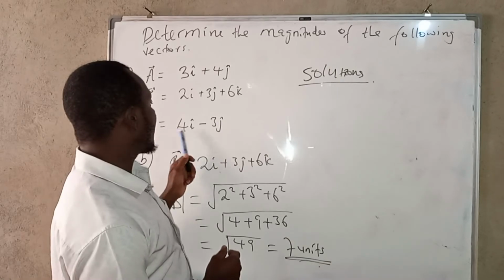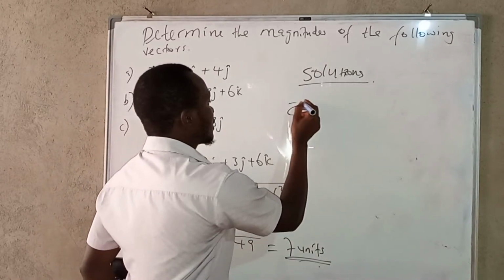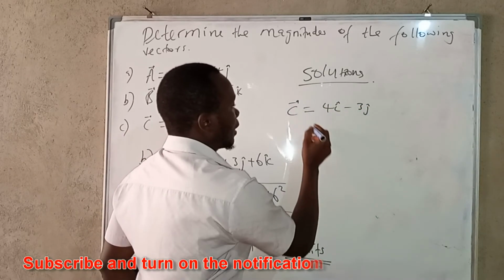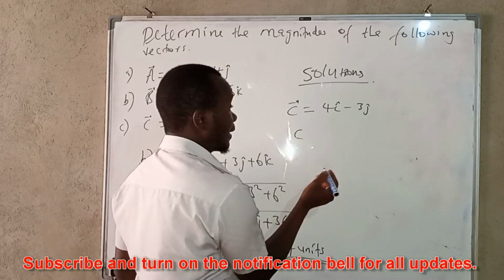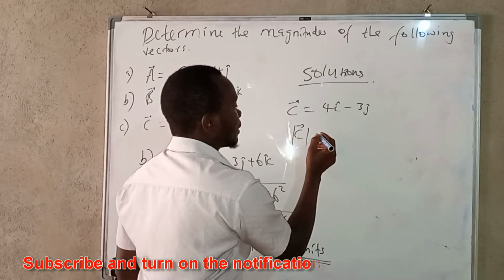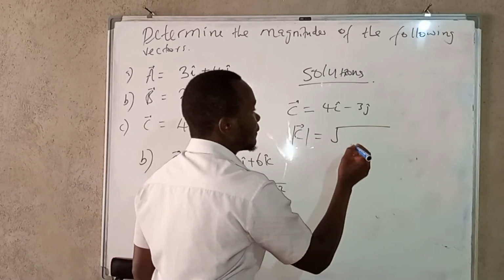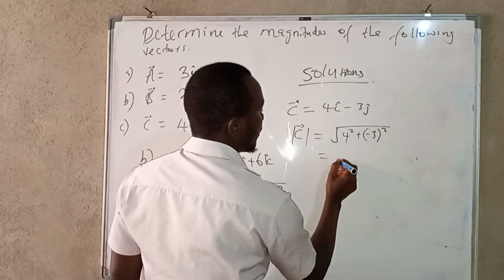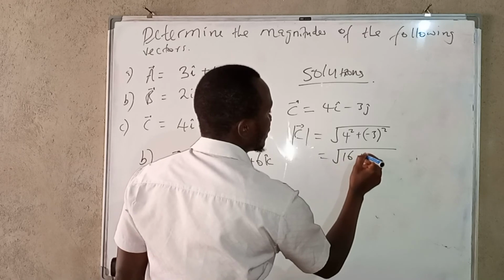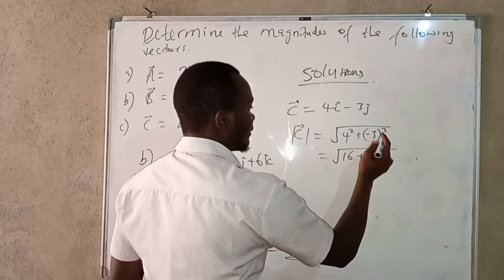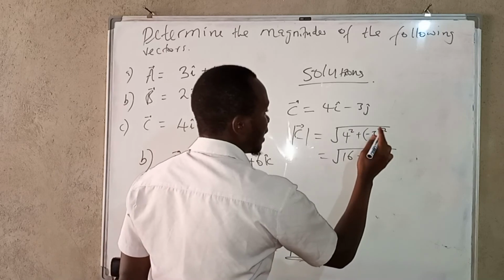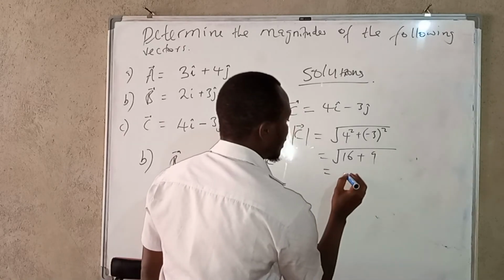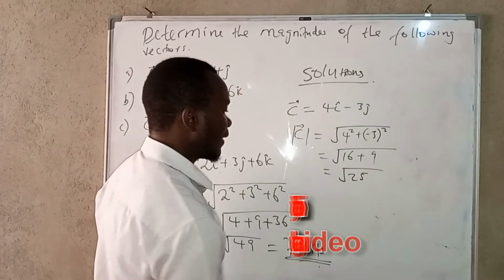Vector C is given by 4i minus 3j. So the magnitude of vector C is going to give us the square root of 4 squared plus negative 3 squared. 4 squared is 16, plus negative 3 squared, a negative times a negative is positive, so we're going to get 9. Here we're going to get 25, 16 plus 9 is 25, and what we're going to